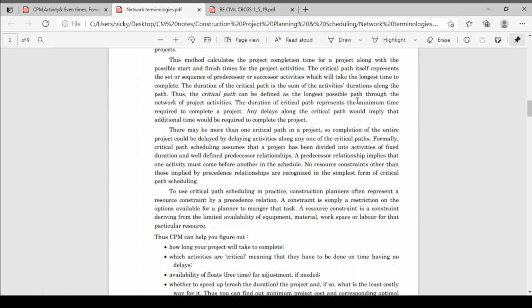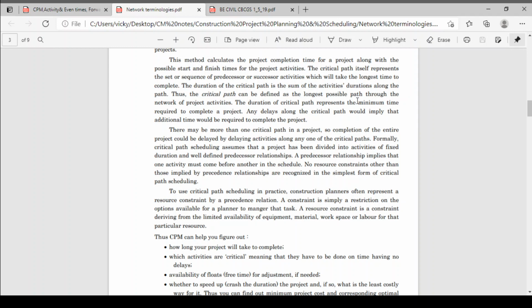If you delay a critical activity by a single day, your whole project will be delayed by a single day. So the addition of the allocated durations for the critical activities is your project duration.